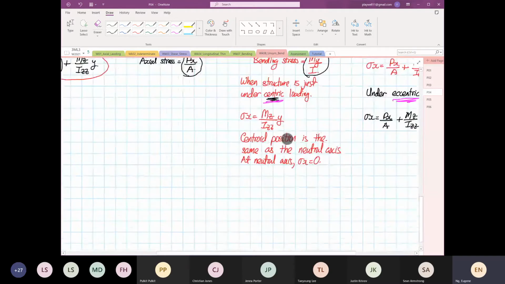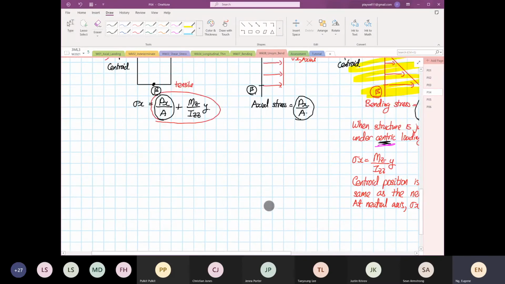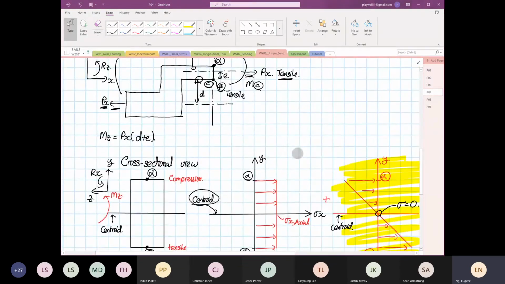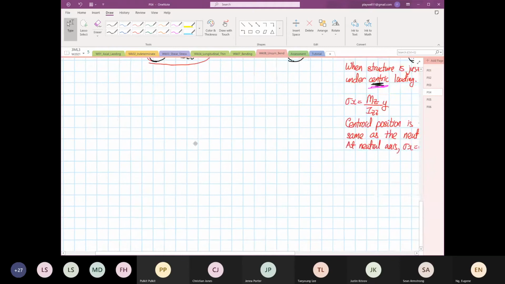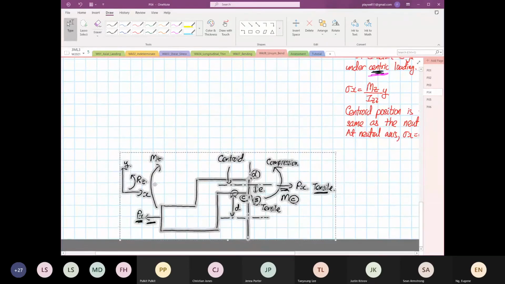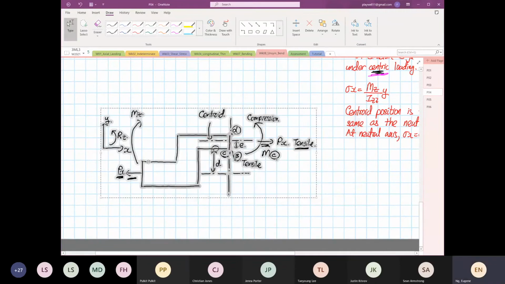Now, the next thing that we're going to do, what if now? Okay, same geometry, everything the same. So I'm going to draw the same thing, or I'm going to copy the same thing. Right? What if now